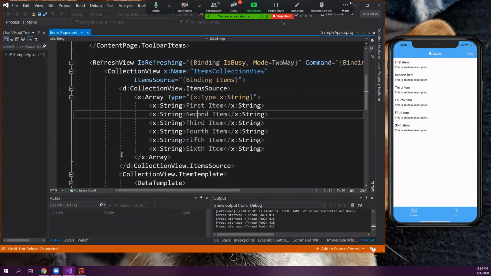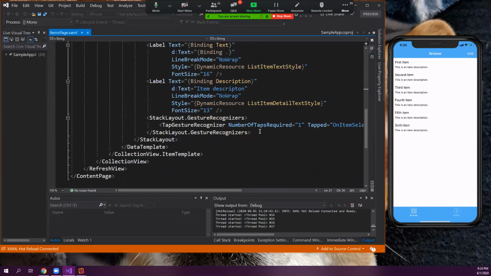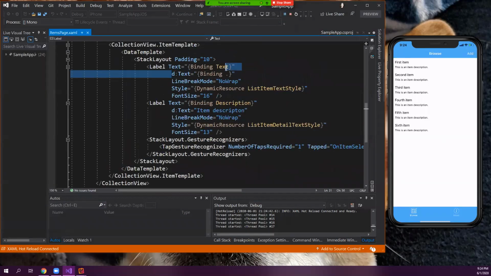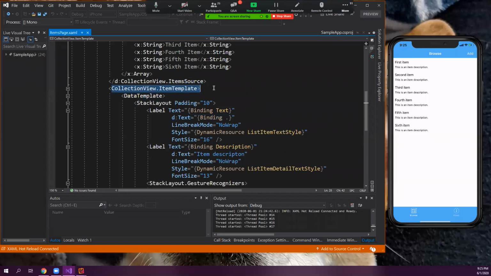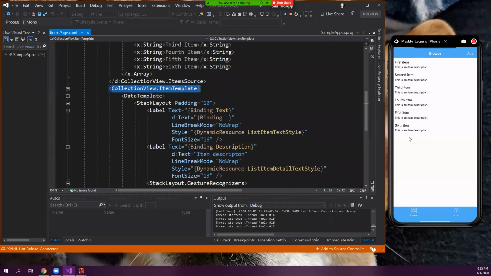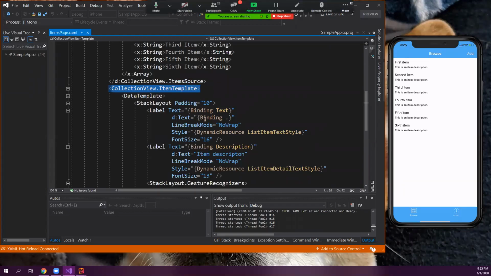I am going to zoom out on this a little bit. I know that code is going to be small, but this is just your XAML here. I have design time data for our previewer if you want to use that, but it's just an items page, and I'm loading in a list in a collection view, which is our performant version of lists. It uses things that automatically recycle under the hood, which is cool. So if you have hundreds and hundreds of passwords that you're trying to show your user, maybe in a vault password application, it loads them dynamically. That's what collection view does. It's very cool.